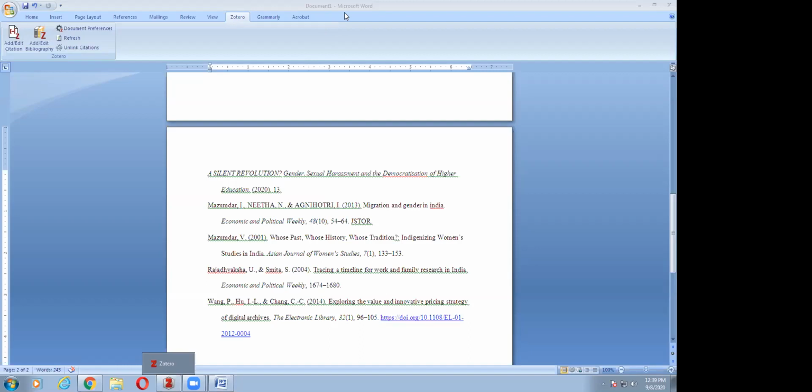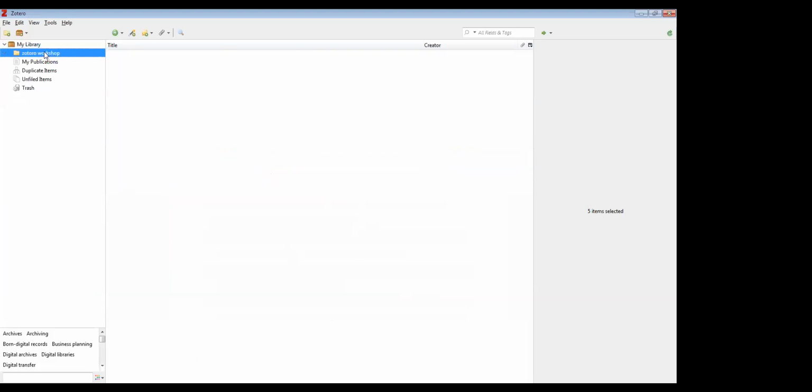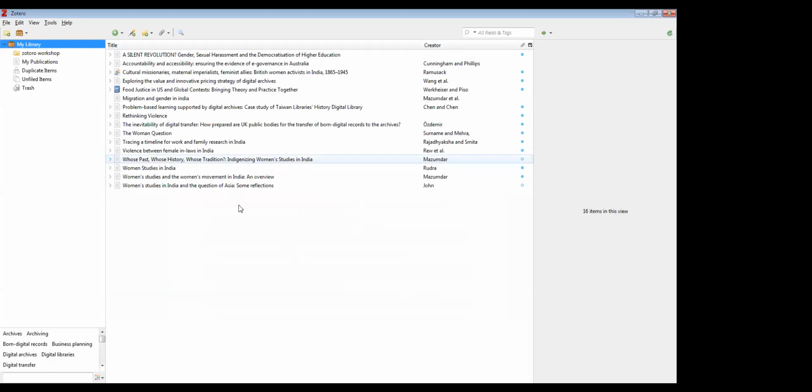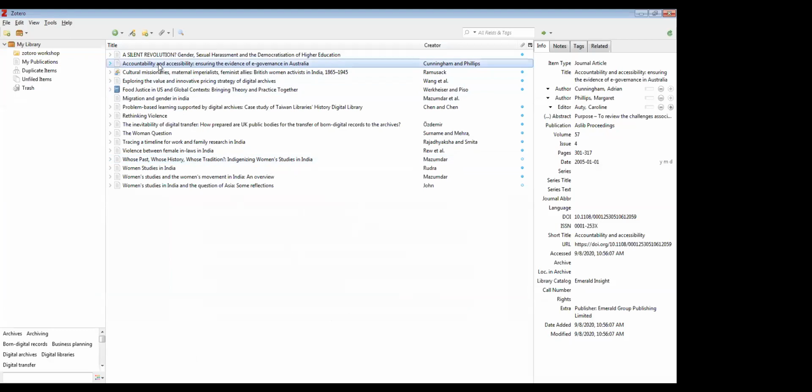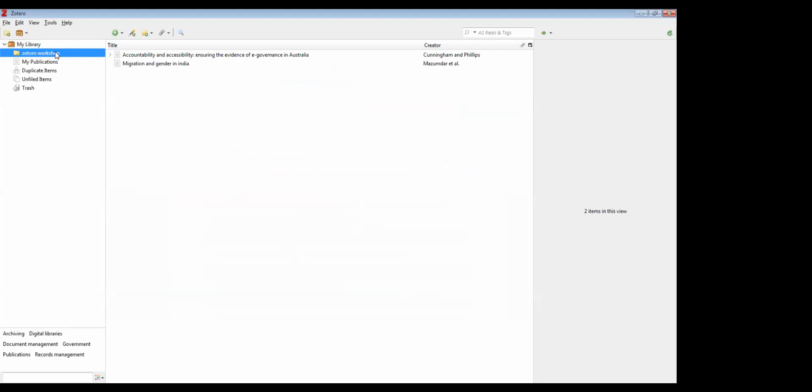I will show you. In Zotero, suppose I have these articles in my library, and I have created a Zotero workshop folder, and I want to keep the workshop related items in it. Just drag and copy to the Zotero workshop. While clicking on the Zotero workshop, you will have only those copied articles from your main library.